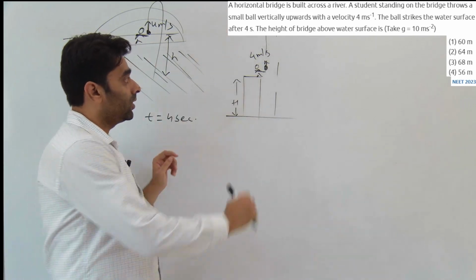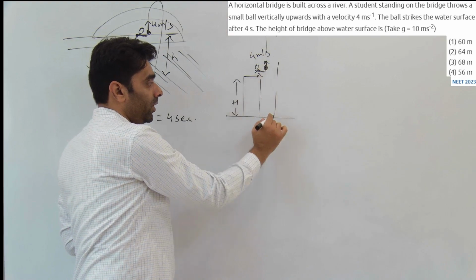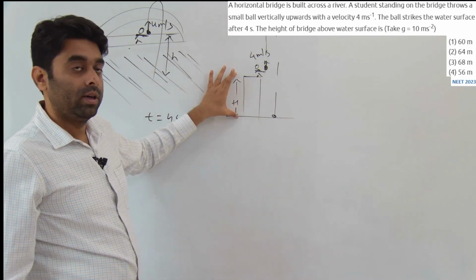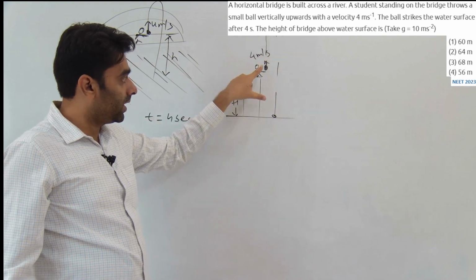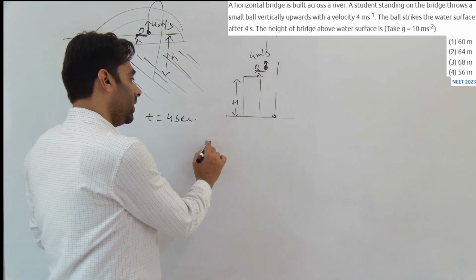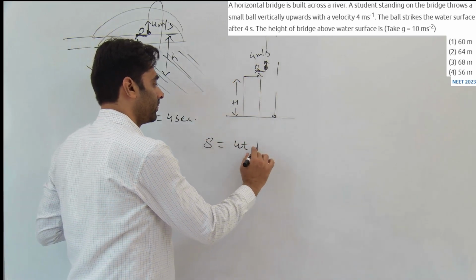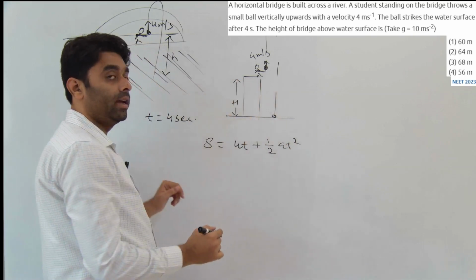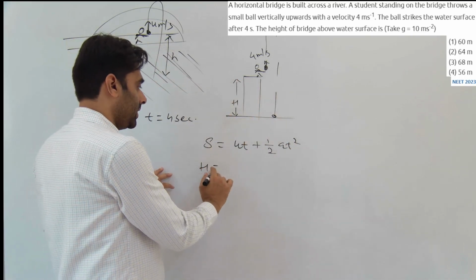Now beta, we know that in this whole journey, this is the initial point, this is your final point. What is the displacement? This is your displacement. In this whole journey, the initial and final vertical displacement is how much? Height of the building only. So we can use the second equation. If we use the second equation, s, that is your height, let's write it, h is equal to u value